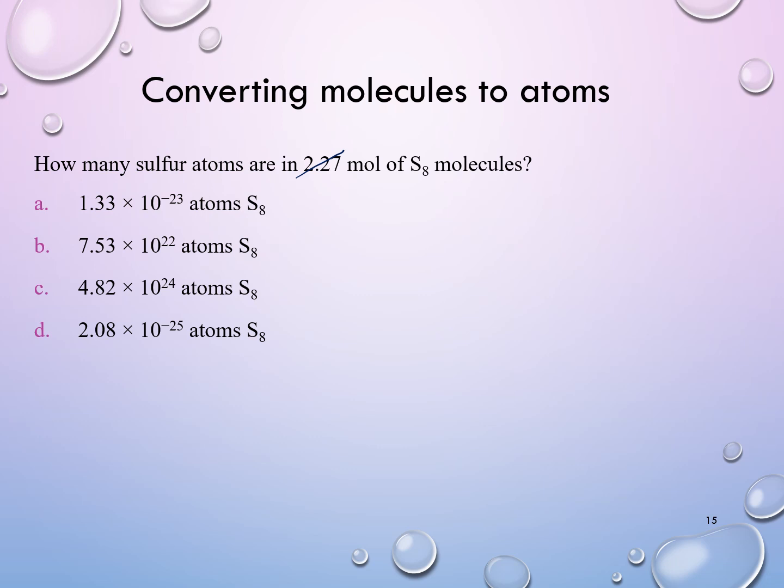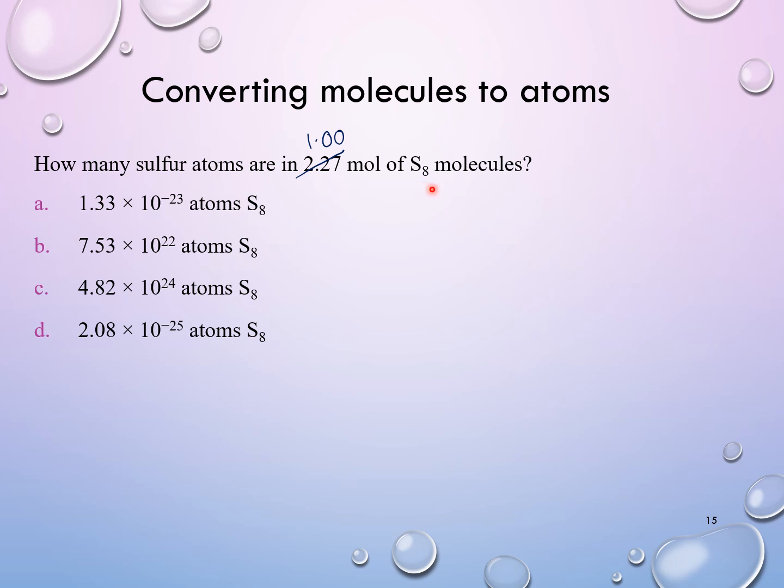We'll do 1.00. Okay? Alright, so how many sulfur atoms are there in 1.00 moles of S8 molecule? What's important to remember is S8 molecule here is S and 8. So that means there's 8 sulfur atoms in one S8 molecule. And they're asking for sulfur atoms, so you gotta remember, first you convert from moles of S8